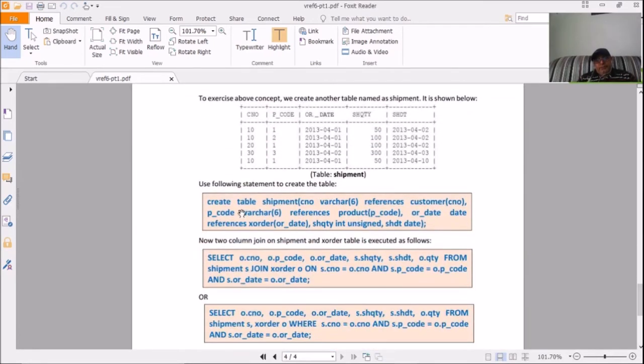Here they are. Create table shipment. It's going to contain three foreign keys. One is C number, another one is P code, and the third one is OR date.